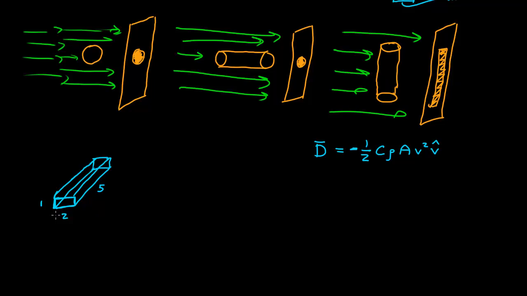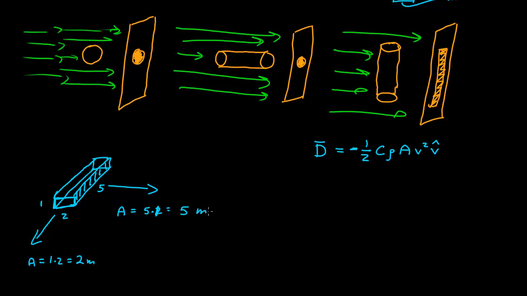So if this object were traveling with a velocity in that direction, the cross-sectional area would then be 1 times 2, which is equal to 2 square meters. If it were traveling in this direction, then the cross-sectional area would be here. The area would be 5 times 2, or 10. 5 times 1. Of course, this height here is 1,